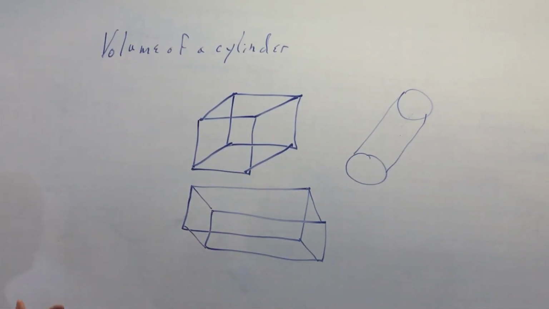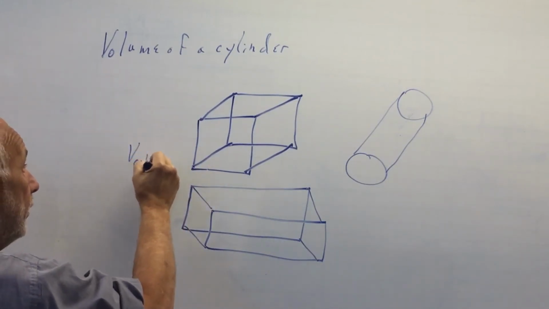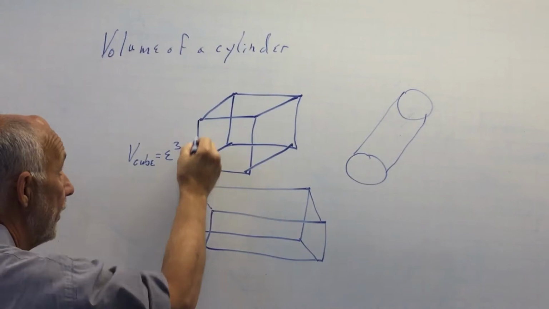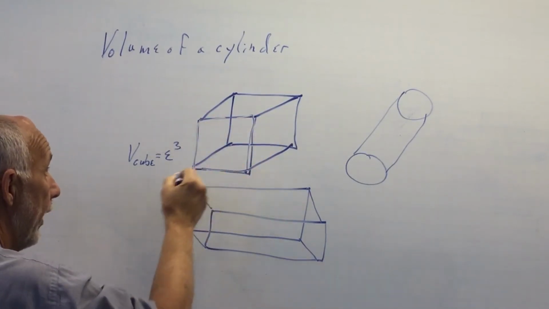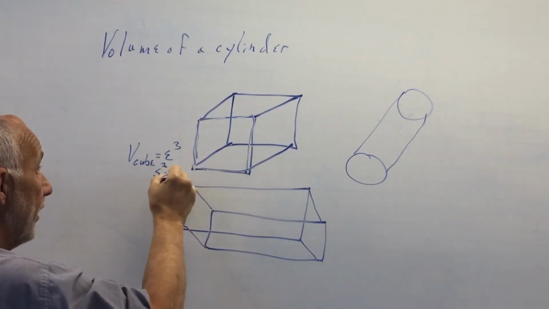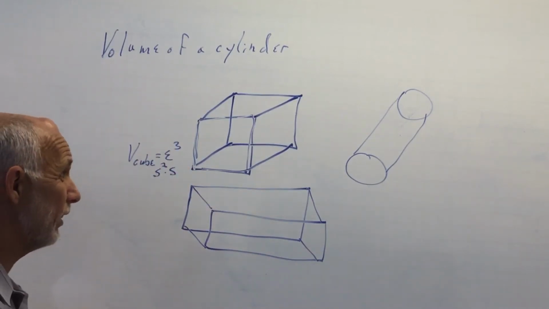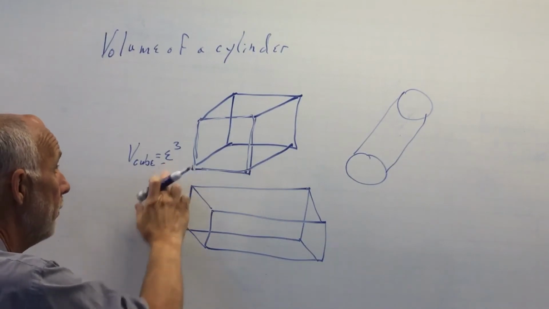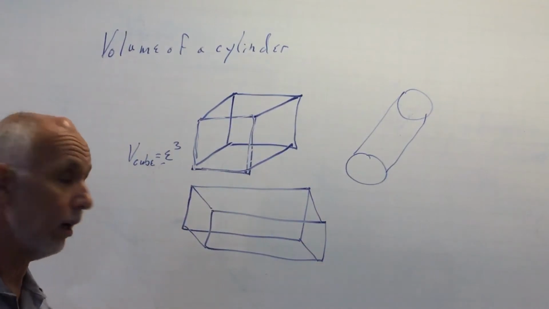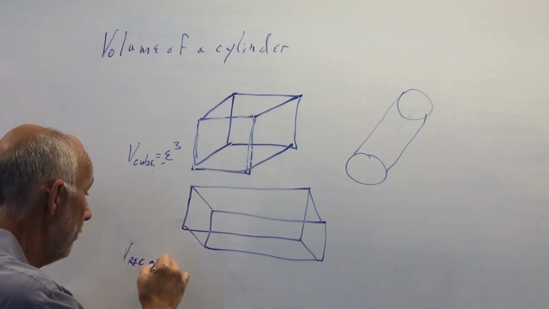By the way, when we did the cube, we found the volume was e to the third power, because you basically found the area of the bottom, which was a square, side to the second power, and then you multiplied by the height, which was the same thing. So side squared times side is side to the third power. They call it edge instead of side, but it's basically the same thing. We found out how much it took to fill the bottom, and we multiplied times how tall. The same thing for a rectangular prism,